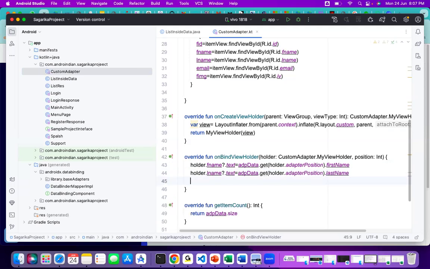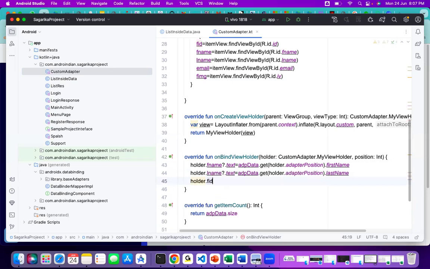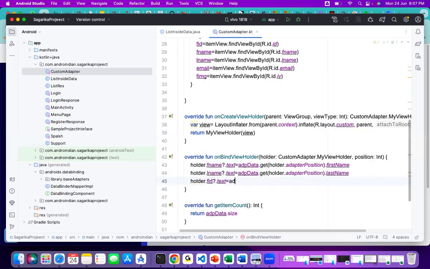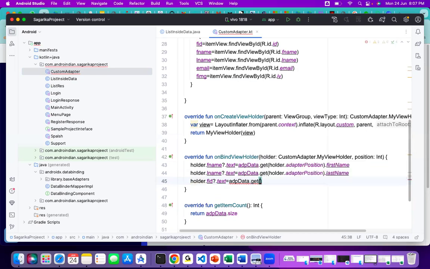Done. Next is holder dot FID, set text equal to ADB data dot get, holder dot adapter position of